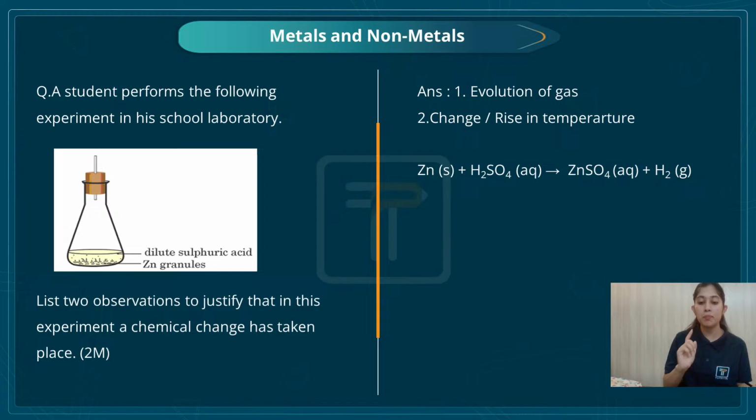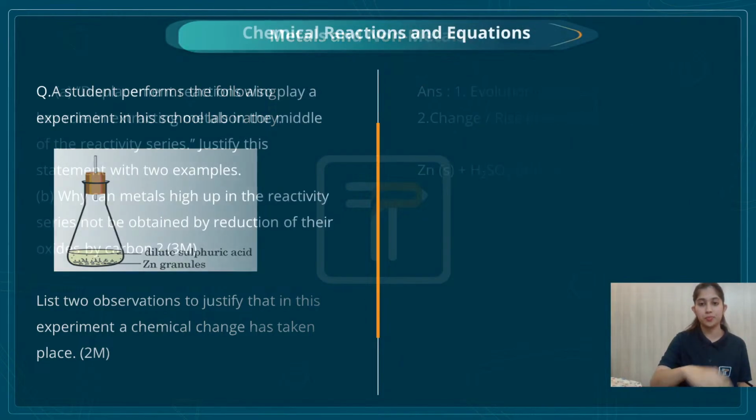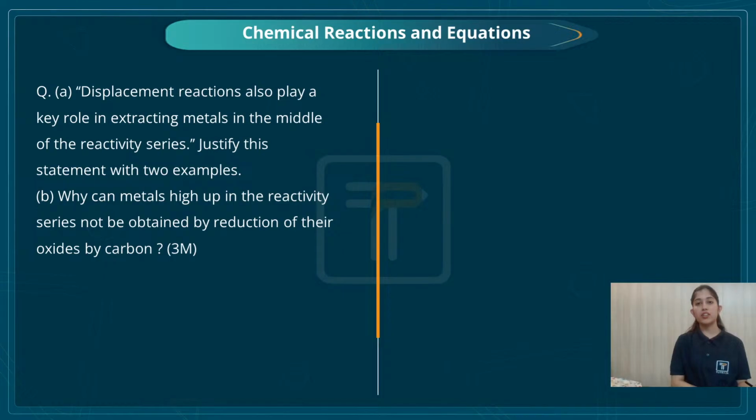Okay, please remember. Next. Okay, again from chemical reactions and equations. Displacement reaction also plays a key role in extracting metals in the middle of the reactivity series. Justify this statement with 2 examples. Why can metals high up in the reactivity series not be obtained by reduction of their oxides by carbon? Okay, soldiers, first please understand what I told you in the first video session, that from chemical reactions and equations,